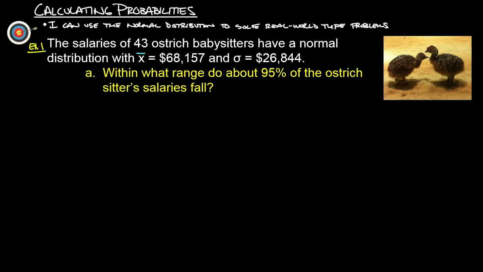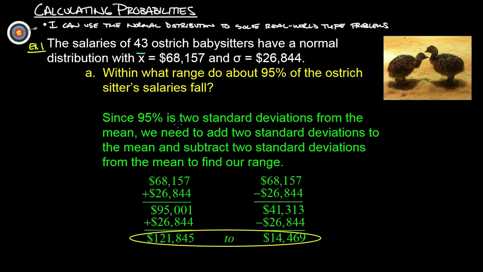Okay, so here's how we want to look at that. Since 95% is two standard deviations from the mean, we're going to add two standard deviations to the mean, and we're also going to subtract two standard deviations from the mean to find our range. So again, the mean is 68,157, so we're going to start with 68,157 for both the top and the bottom. And then we're going to add two standard deviations to be at the top range. So one standard deviation is 26,844, so we added one to get to 95,